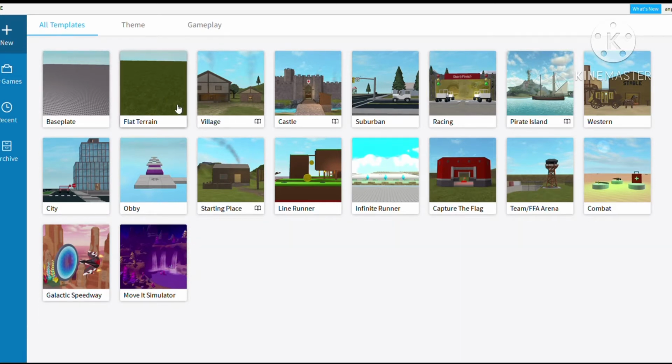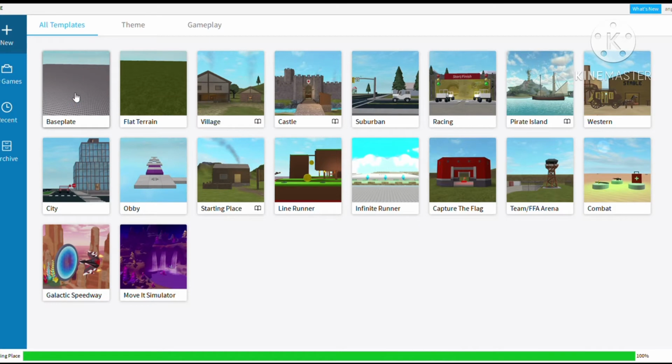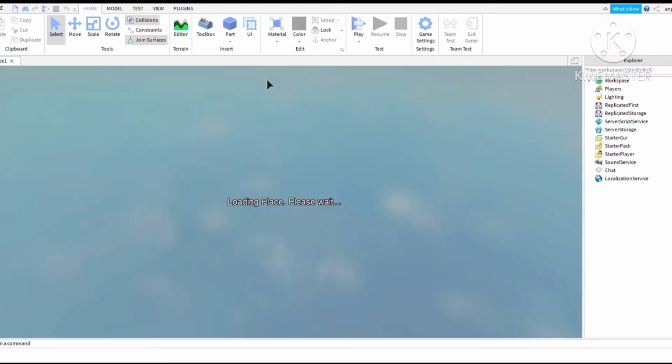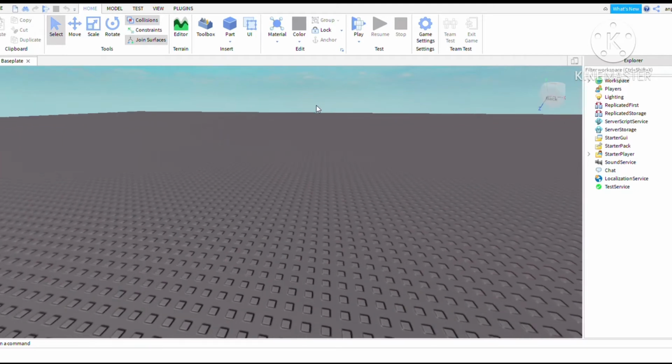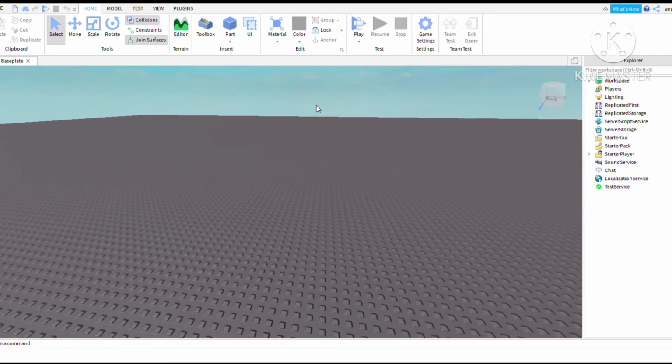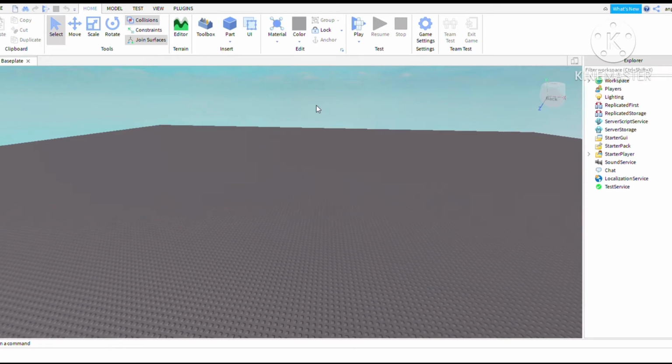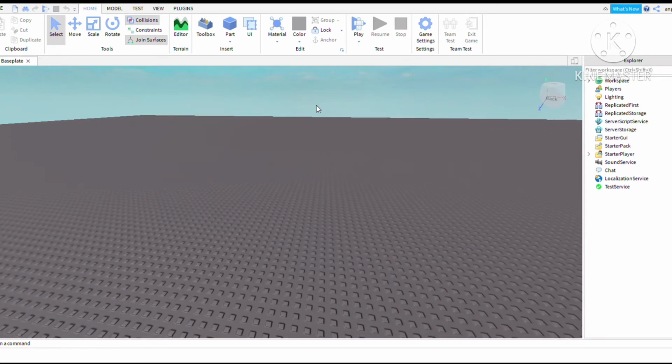Then you're going to find all of these templates and pick the base plate. You're just going to click on it like I did and let it load. As you can see, all of this stuff may look a little bit confusing, but I will be telling you guys what to do. So now we are on our little place. You might be thinking, now what do I do? I'm so confused. So what you need to do is,